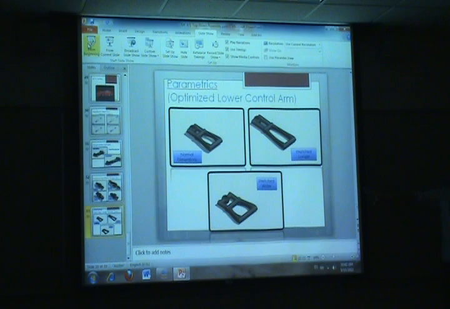So this will give you a little bit of time to get with your groups and start planning ahead. I found it's really helpful if you sit down with your groups and really in detail hash out how you want to do your car. One thing I'd also like to point out, make sure that your teams have the same CAD package that you do. If you don't, let us know as quickly as possible,